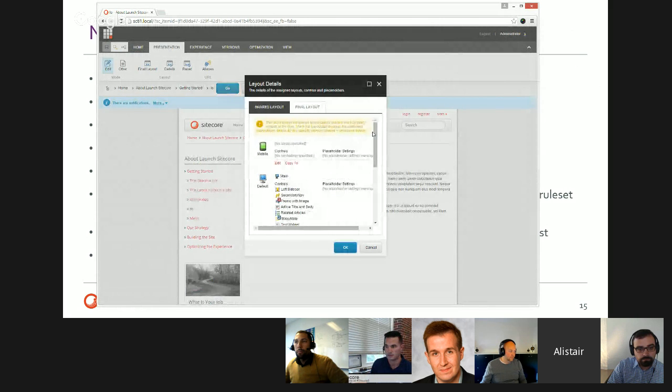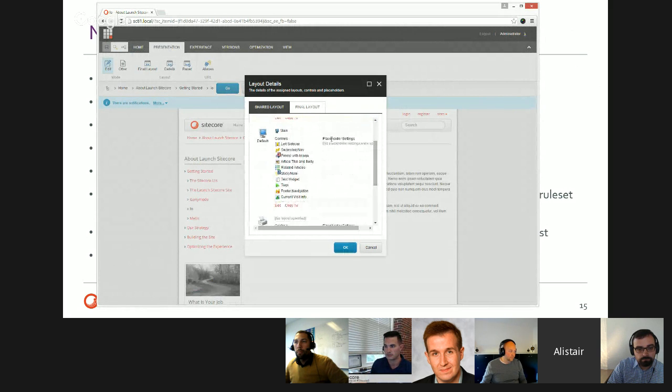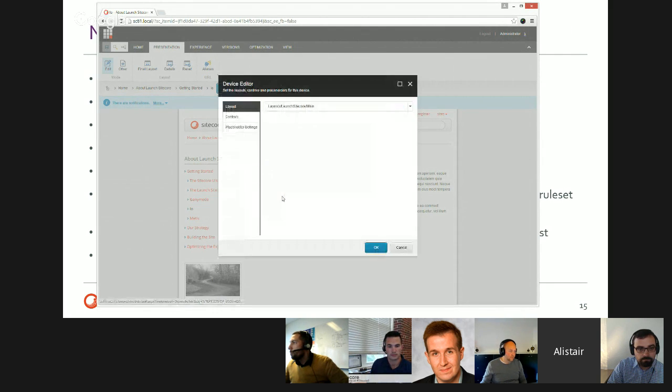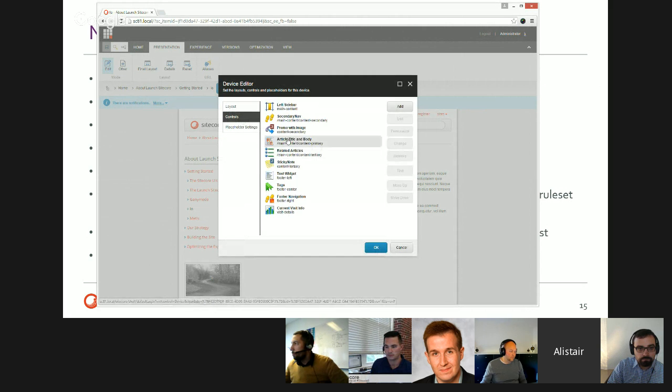Okay, so when you're having a look at the layout details, this is called the layout grid. That's the last pipeline I'll talk about. When you enter one of these, when you edit the presentation, this is the device editor. So in here,